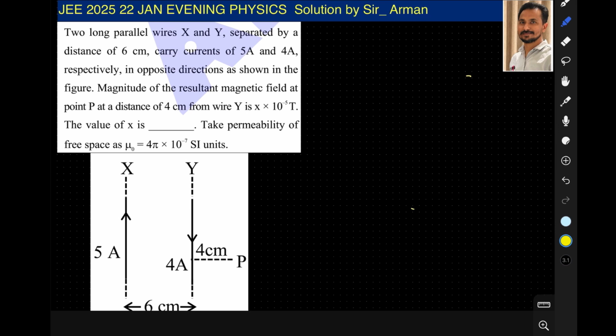तो एकदम सिंपल क्वेश्चन है, अगर कोई इनफाइनाइट लॉन्ग वायर है तो उससे डिस्टेंस r पर या फिर डिस्टेंस a पर कितना मैग्नेटिक फील्ड होता है, तो मैग्नेटिक फील्ड इज गिवन बाय इक्वेशन B = μ₀I / 2πa, where a is the distance of that point from the wire. दूसरी बात, अगर वायर में करंट ऊपर की तरफ है और पॉइंट यहाँ है तो मैग्नेटिक फील्ड का डायरेक्शन क्या होगा,